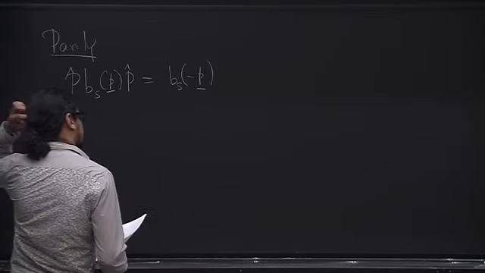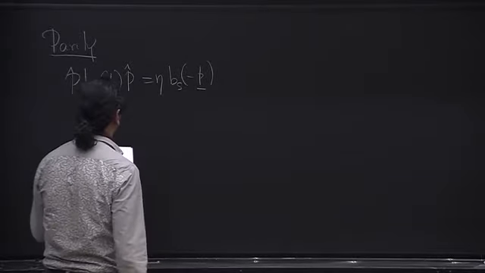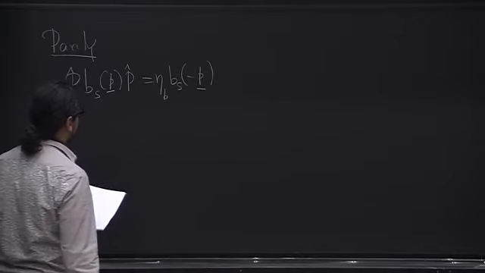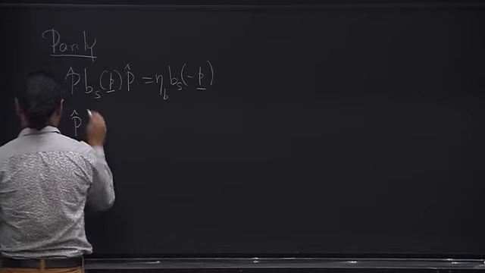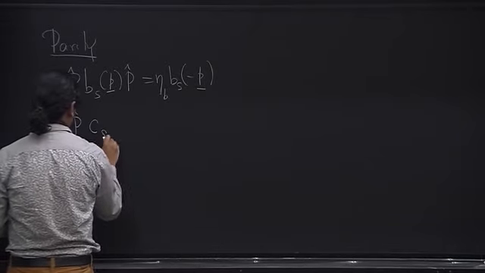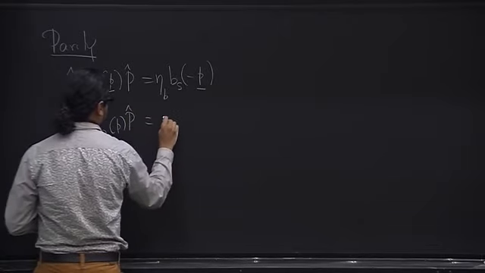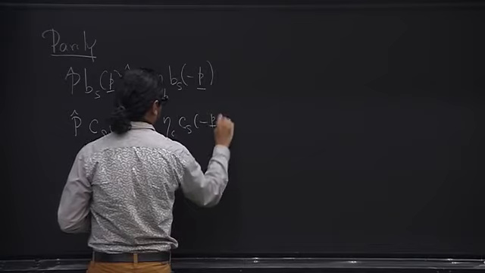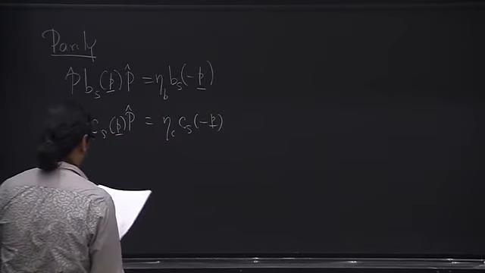However, both in the charge conjugation case and also in the case of parity, there's room for a phase factor here, eta of B. And I'll explain why. So C acting on B should give us eta C times B of minus P. And the reason is